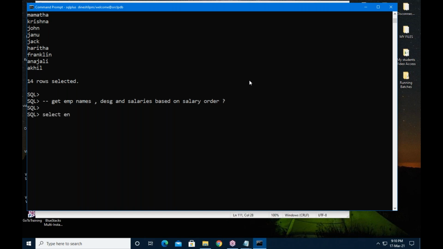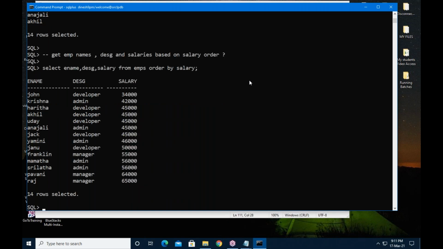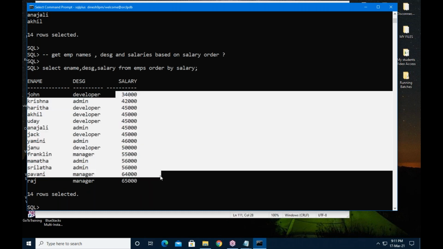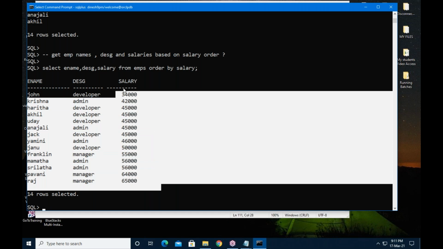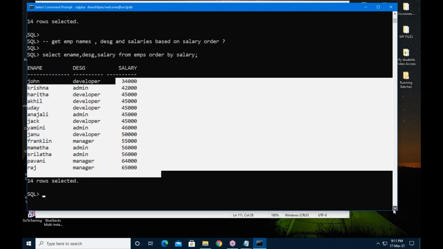Select ename, designation and salary from EMPS order by salary. This shows the least salaried employee to the highest salaried employee.